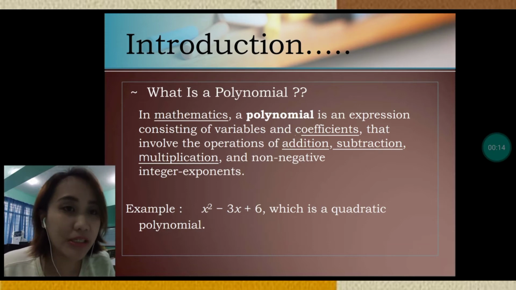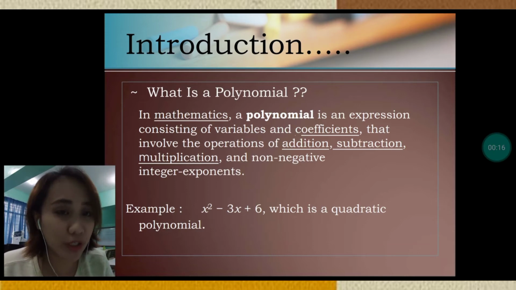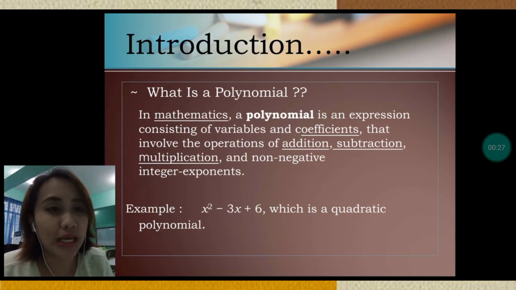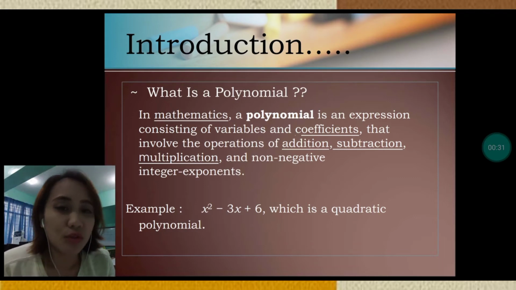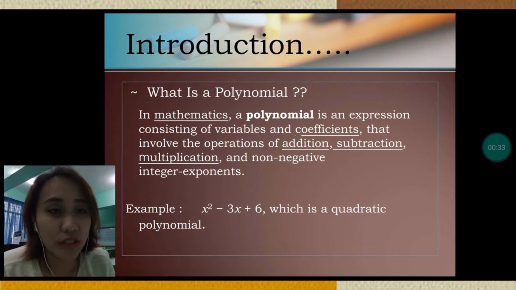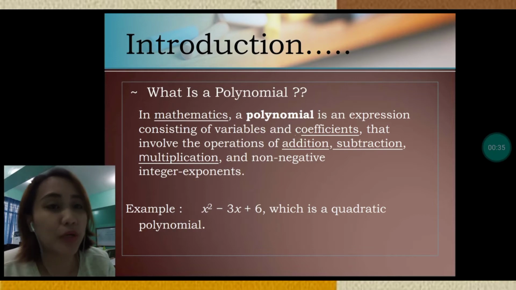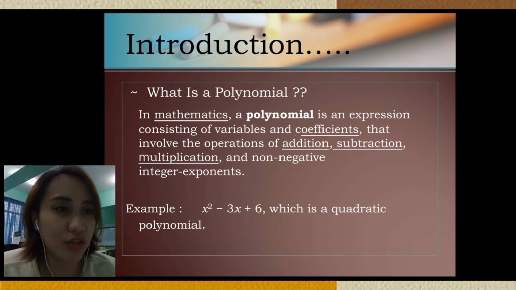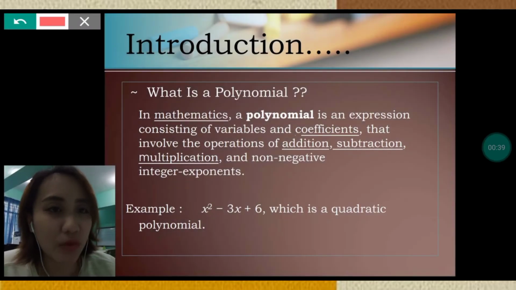So in mathematics, a polynomial is an expression consisting of variables and coefficients that involve the operations of addition, subtraction, multiplication, and non-negative integer exponents. So let's take into consideration important parts of the definition. So we start with the word